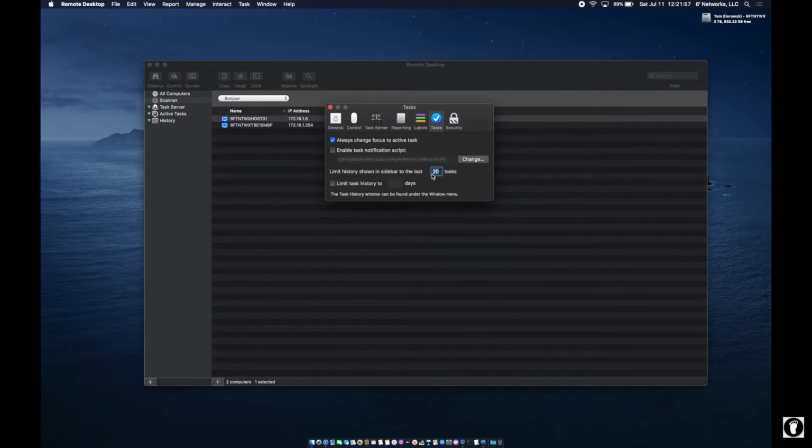How much history do you want in the sidebar for the tasks? I usually do last 50 tasks. And you can also limit history to days, which I don't do because I sometimes don't come back to a history screen for sometimes months at a time if I need to review logs or something. And I'd rather have the last 50 logs that encompass the last 6 months versus something that maybe limit task history to 90 days, 120 days. I don't know what the max number is for this, but